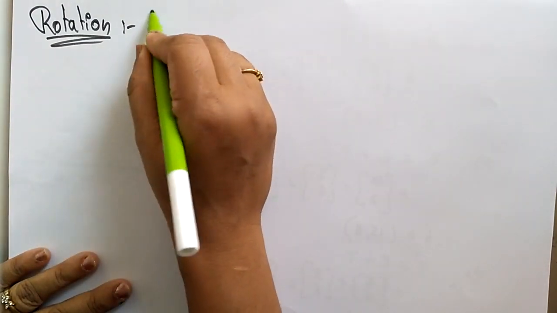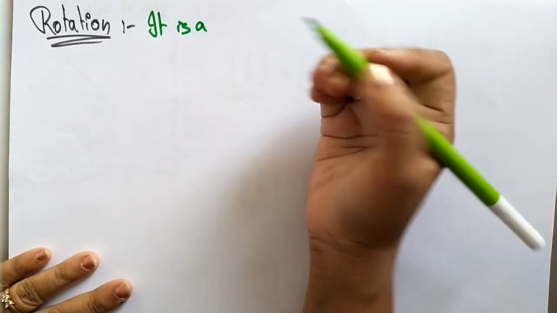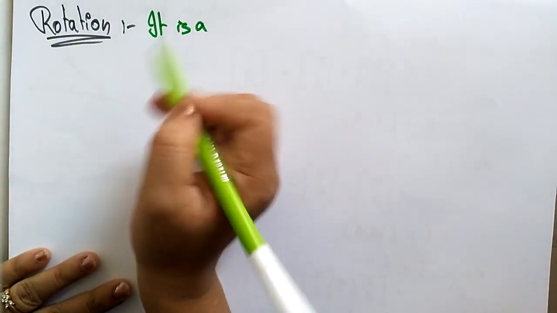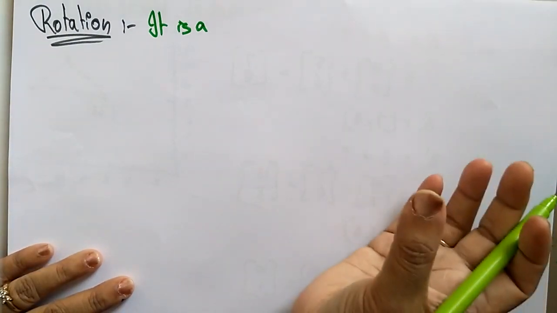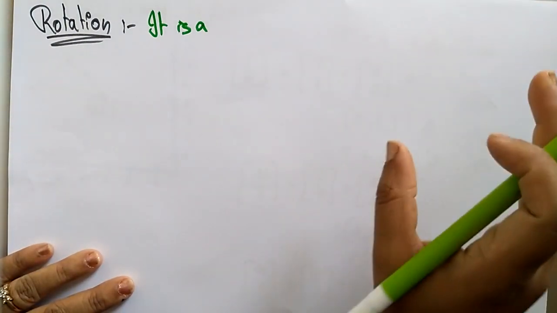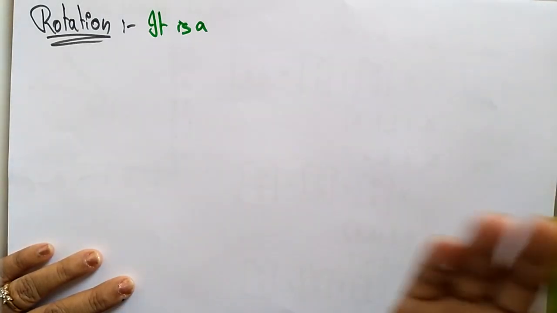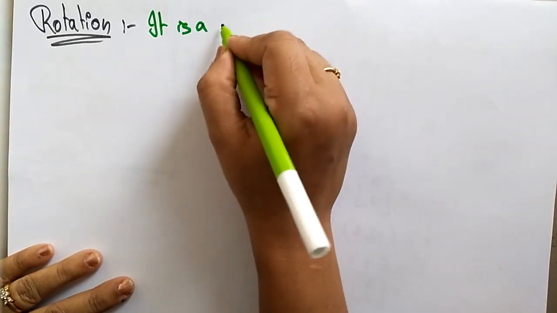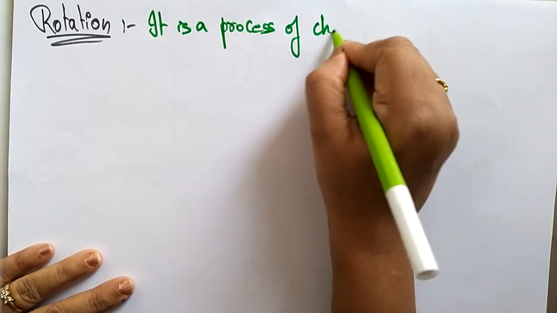What is the rotation? A rotation is a process of changing the angle. So whenever you hear the word rotation, it always comes with angles. You can rotate the object by an angle, whether 90 degrees, 170 degrees, 260 degrees, 360 degrees, like that. It is a process of changing the angle